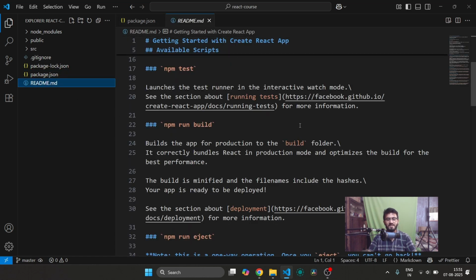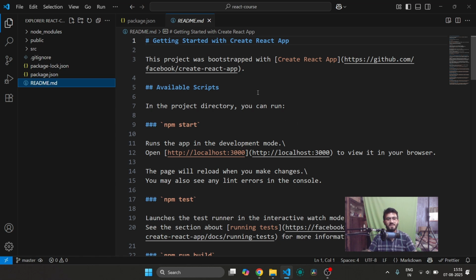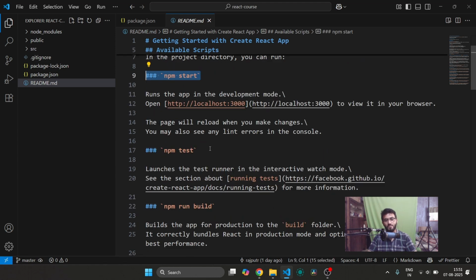And the last file is the README file. This file is auto-generated and provides information about our project, like how to run our project by using the npm start command, how to test our project, how to build,